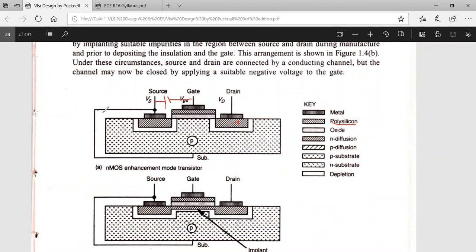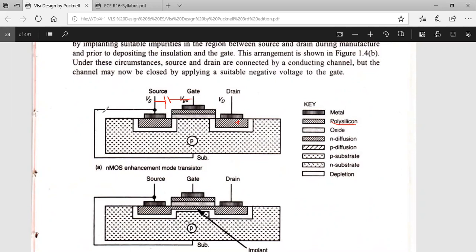So when I start giving some voltage, this is an NMOS enhancement mode transistor, so I have to give a positive voltage. When I am willing to give the positive voltage, I will generally start from 0 volts, and increase it in steps of 0.1 volt, 0.2 volt, like that, or even in the millivolt range if possible. But we will be giving it like 0.1, 0.2, like that.